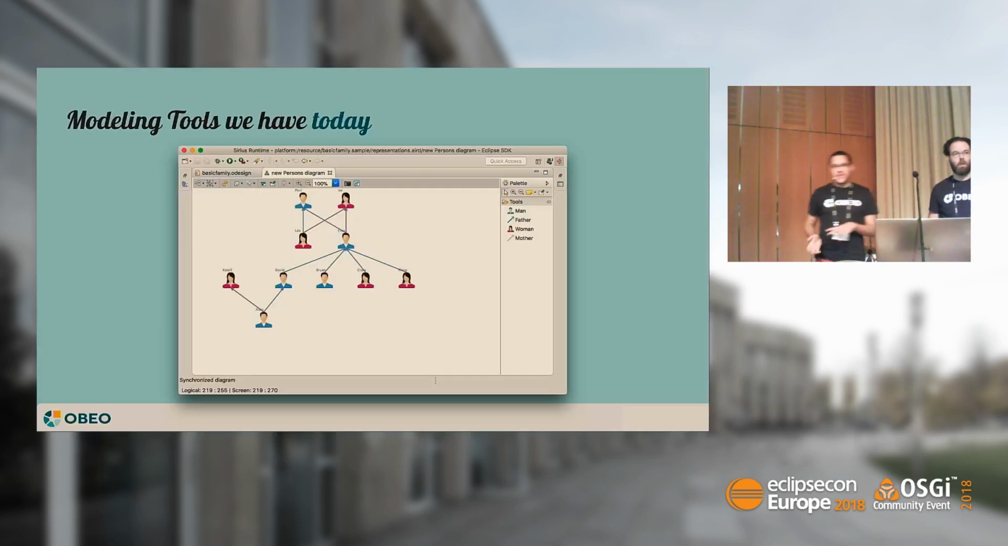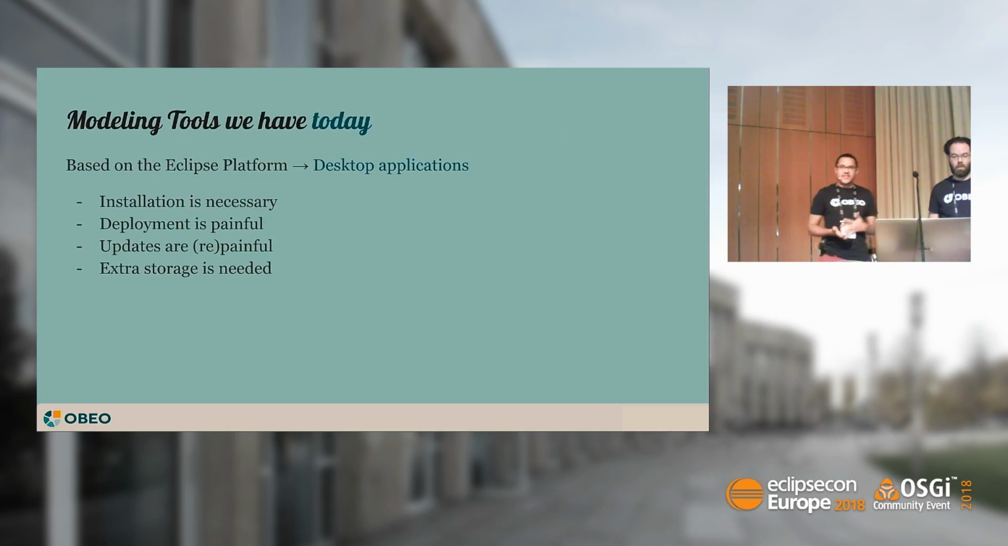So here you can see what Sirius is today as a desktop application. You still have your diagram with the palette on the right, and you can have a properties view allowing you to edit all the details of the selected elements. While it is nice, it also comes with some constraints